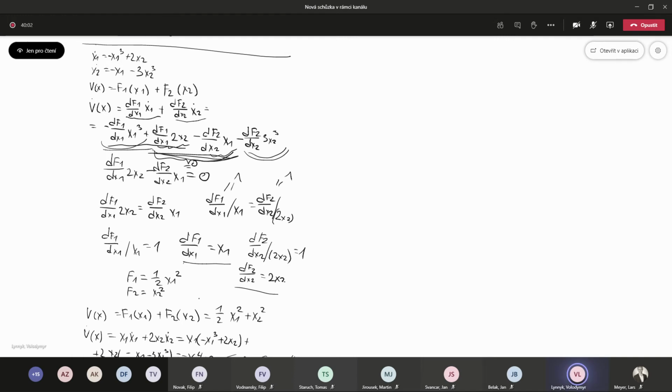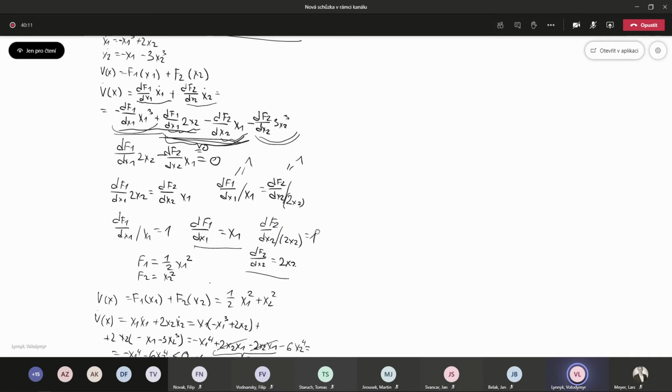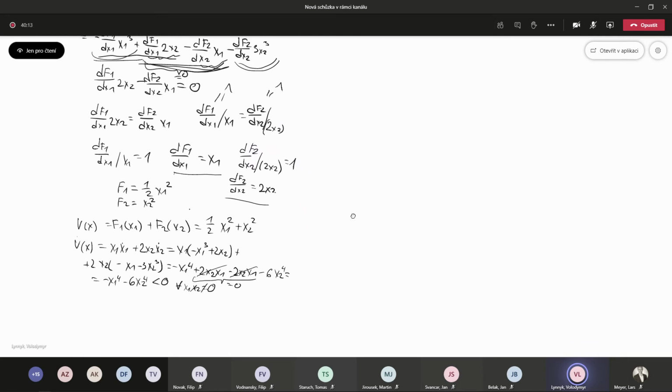Okay, let's make one more example. Okay, and what we can say is that this system is globally asymptotically stable. Okay, the next example is